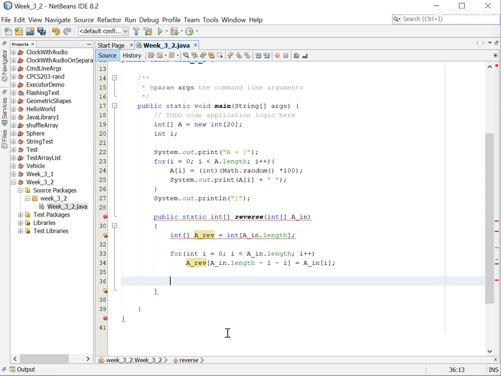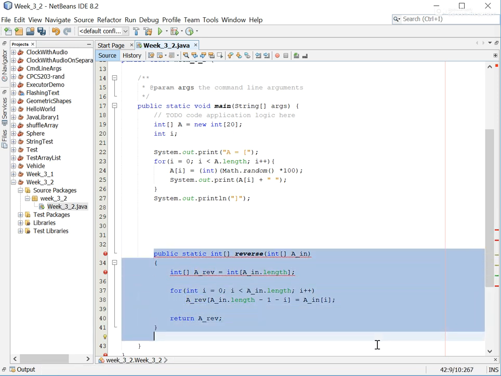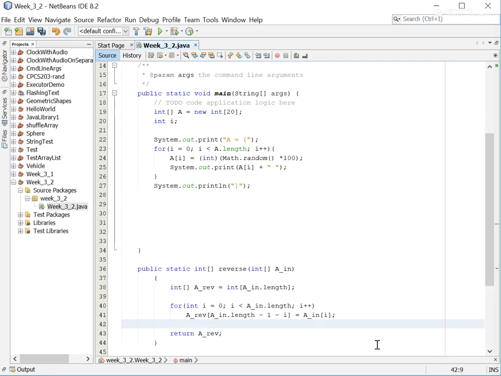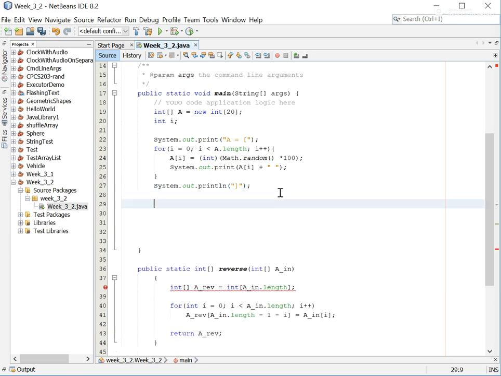When the for loop finishes, we're done. All we have to do then is return this new array that we wrote to, A reversed. That's it. Now let's... sorry, wrong place. It's to be outside the main method. There you go. Now outside of... in the main method again,